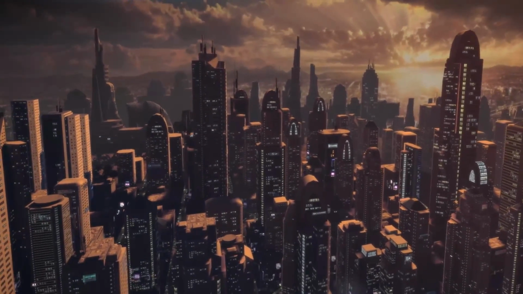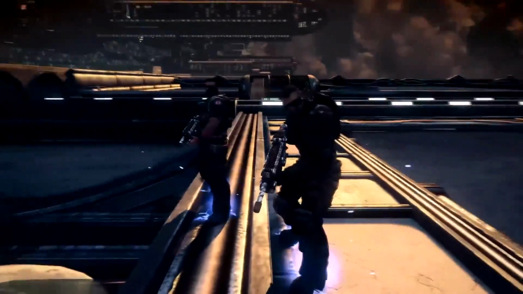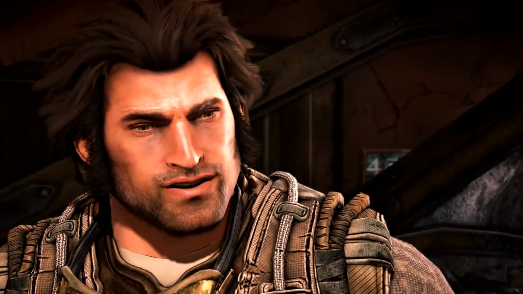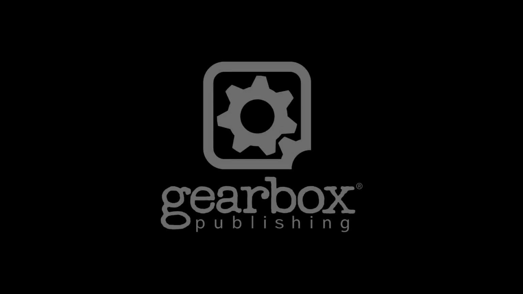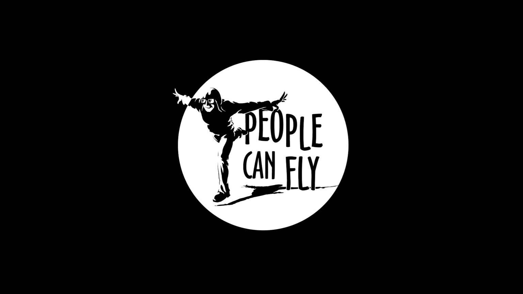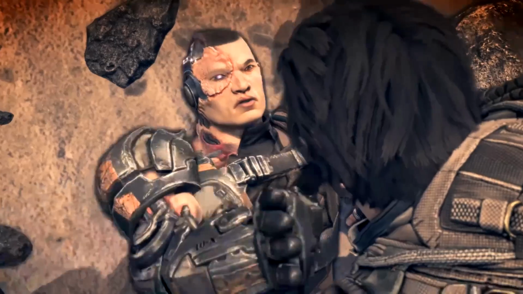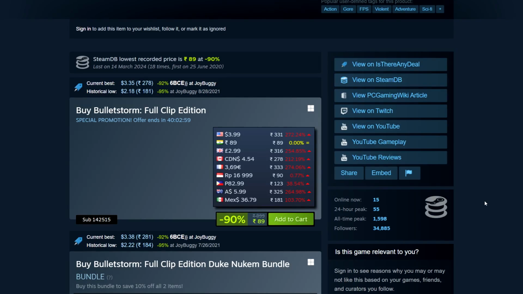Next, we have another FPS. This is Bulletstorm Full Clip Edition. This is made by People Can Fly, the studio behind the recent Outriders game, and Gearbox Publishing. You could say it's a remaster of the original game. I think the original was from 2011, 2012, something like that. This is a little later, from 2017. It looks pretty good graphically and has a lot of action. And once again, for the quality of the game, it is very cheap. So as always, 90% off all these games, $3.99 only, 89 rupees, 299 pounds, and 454 in Canada, 369 in